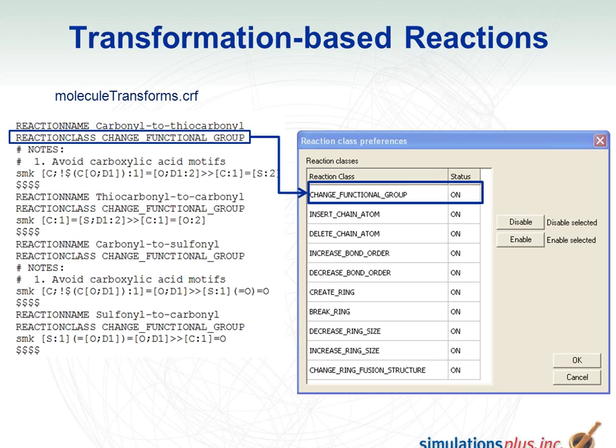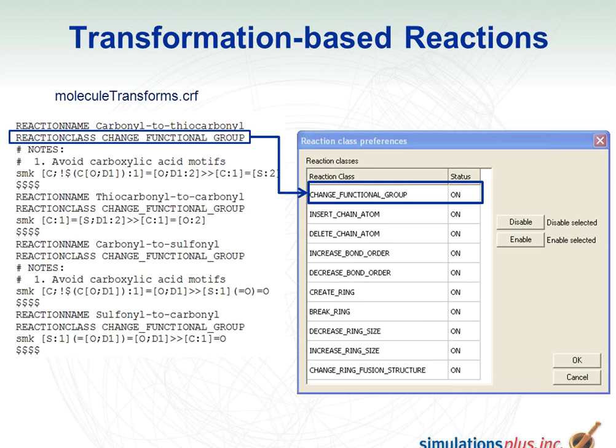The next header is a reaction class. This enables us to segment a portion of the reactions to a particular class. All these that I've listed here are in a change functional group class, and you can enable or disable that